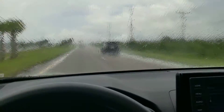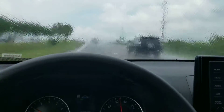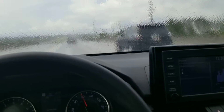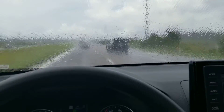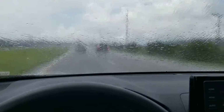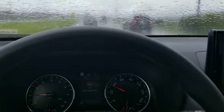As you can see, we're driving in a little bit of weather. Oh, well, the car's driving. When I say we're driving, it's kind of odd. Of course, with the active radar system in Toyota, we got a car braking here. See if it picks it up. Yep. So we got a brake in front of us, and we're slowing down. And so I guess the thing to kind of point out here is,